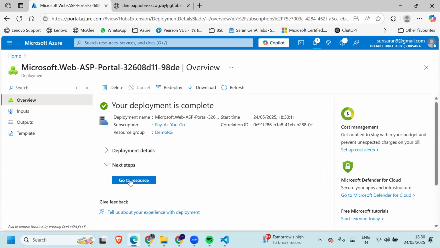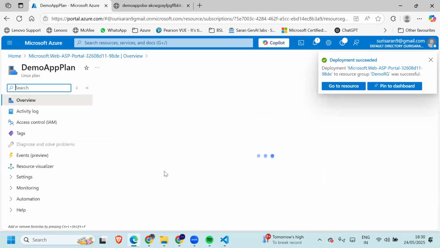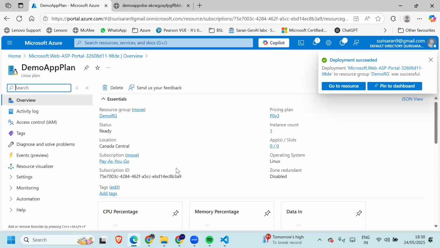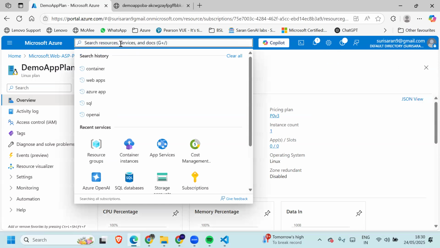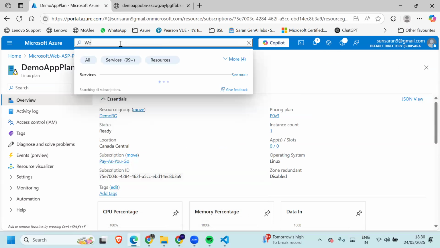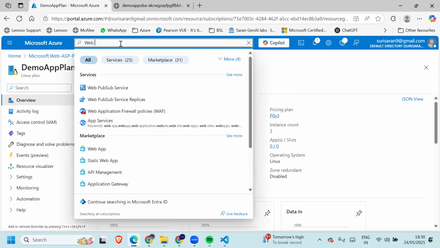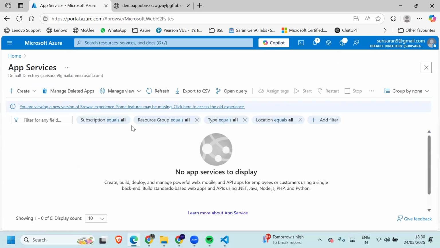Okay, so this is done. I will go into my app plan. Now, what I need to do is create a web app. These apps are also of different types. You can also expose your application as a REST API, which I will try to create in some YouTube video. Okay, so if I go into app services and click on this drop down,